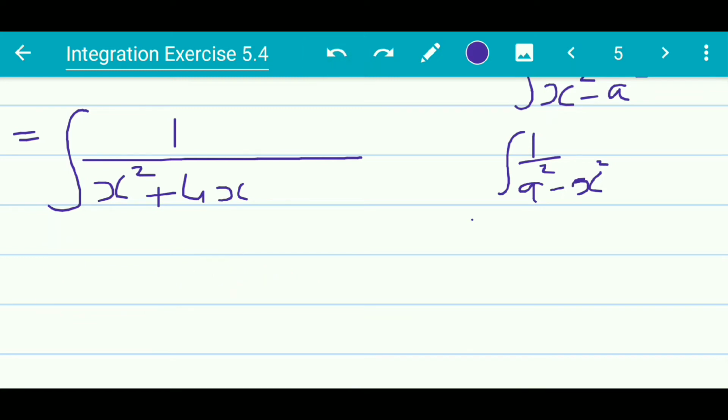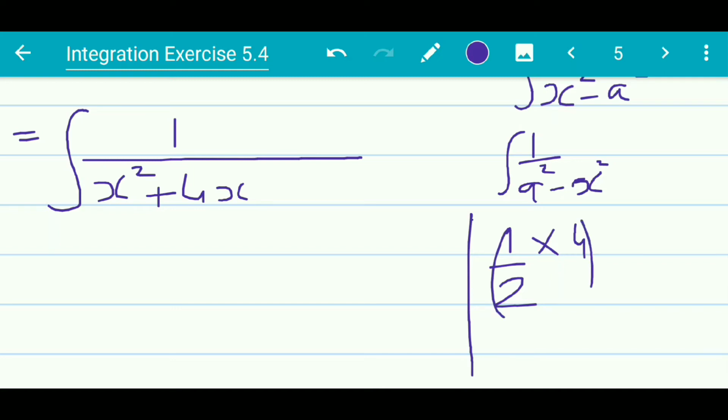So how to find the third term? See, if x square plus 4x are the first two terms of the equation, how do we find the third term? Well, to find the third term, we take half the coefficient of the middle term the whole square. That means half the coefficient of x the whole square. Now here, what is the coefficient of x? It is this 4 actually. Okay, so we take half of 4 the whole square.